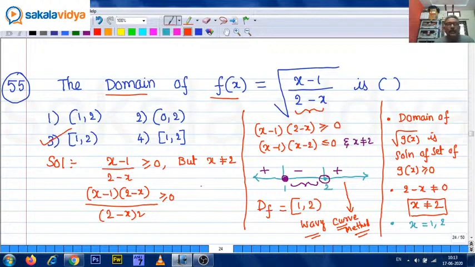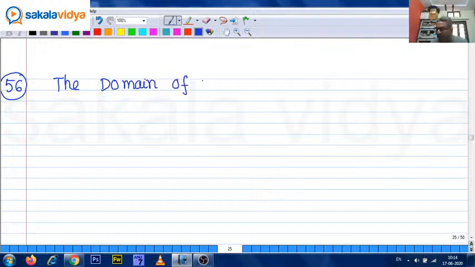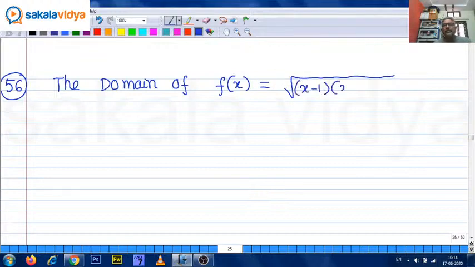Okay, now question number 56. The domain of f of x equals root of (x minus 1) upon (x plus 1) times (x plus 2) is: